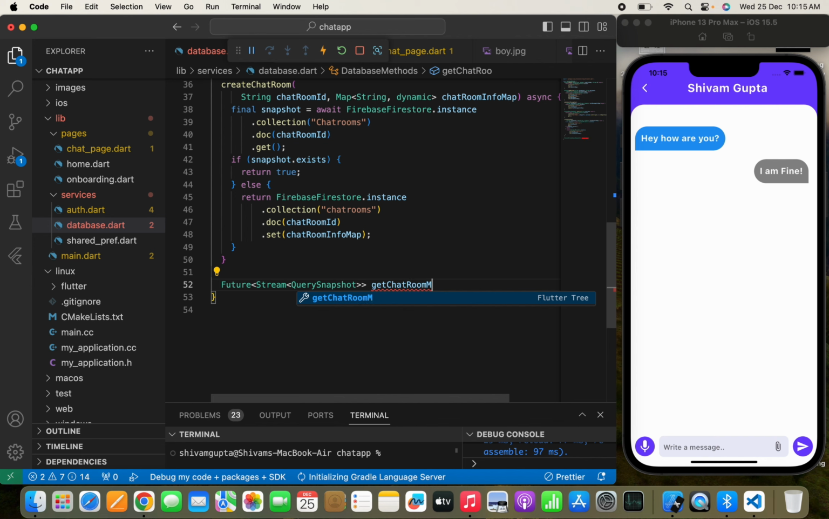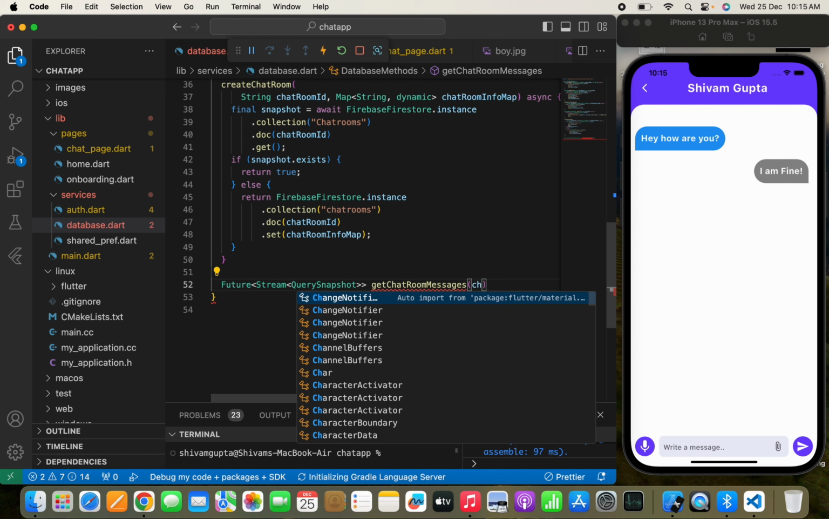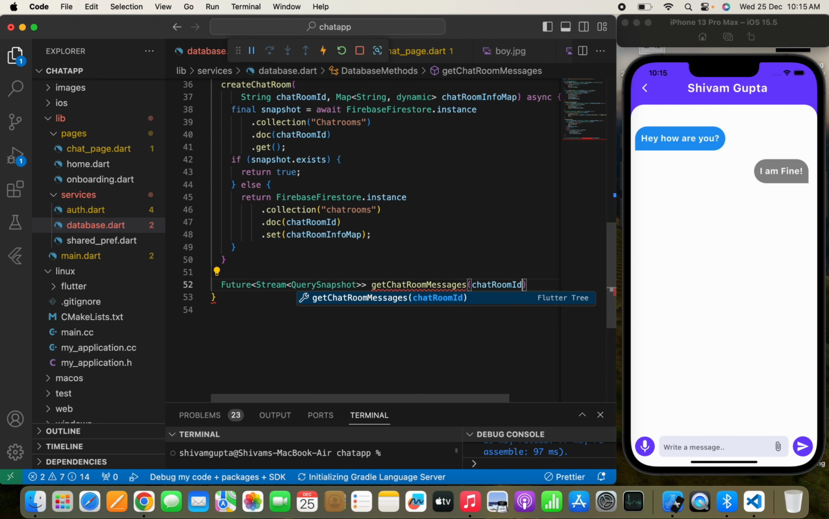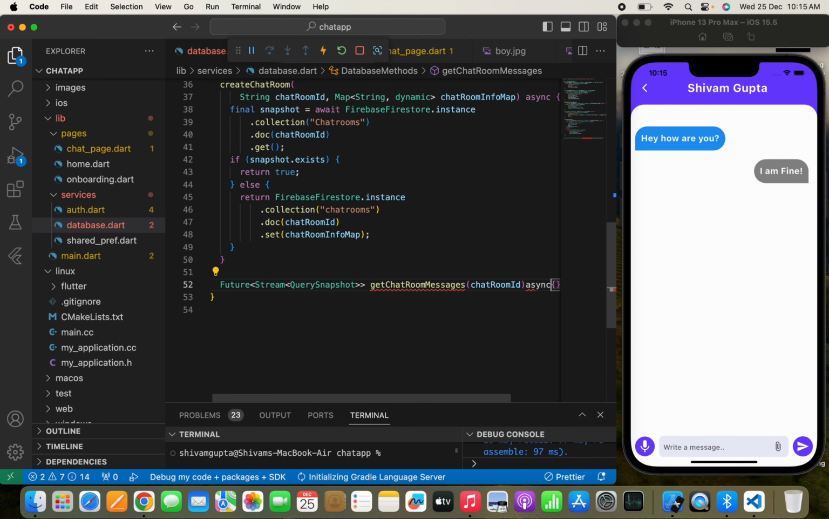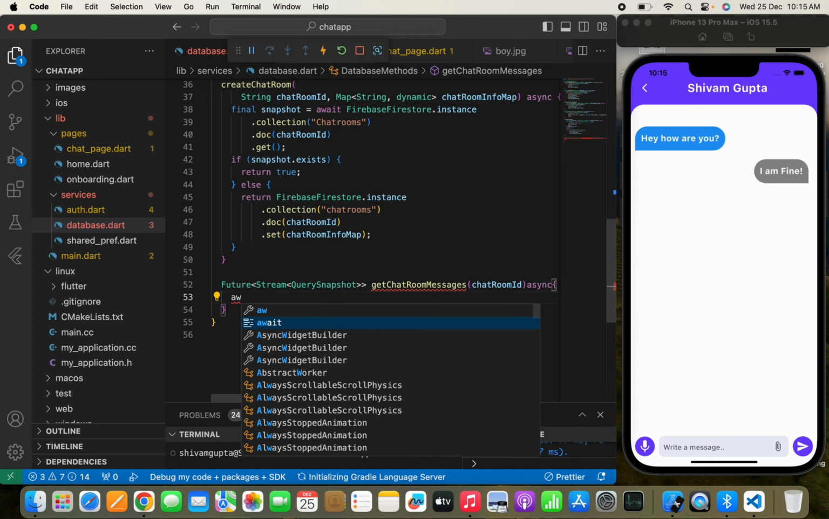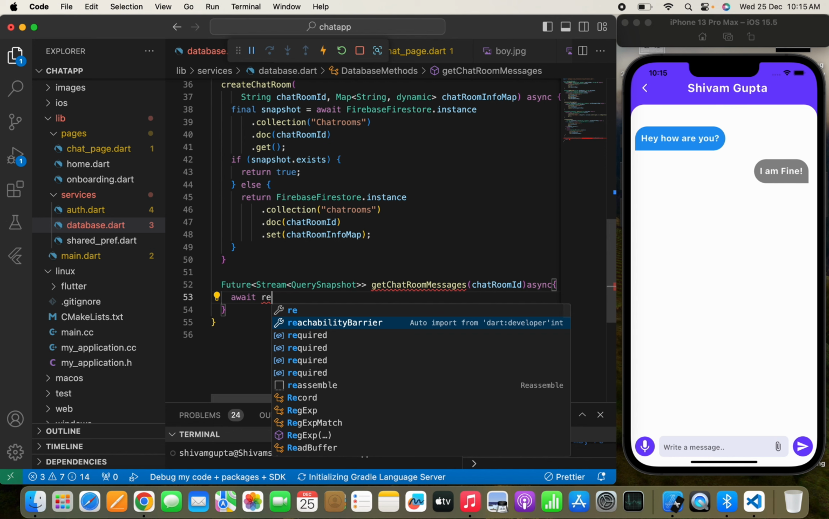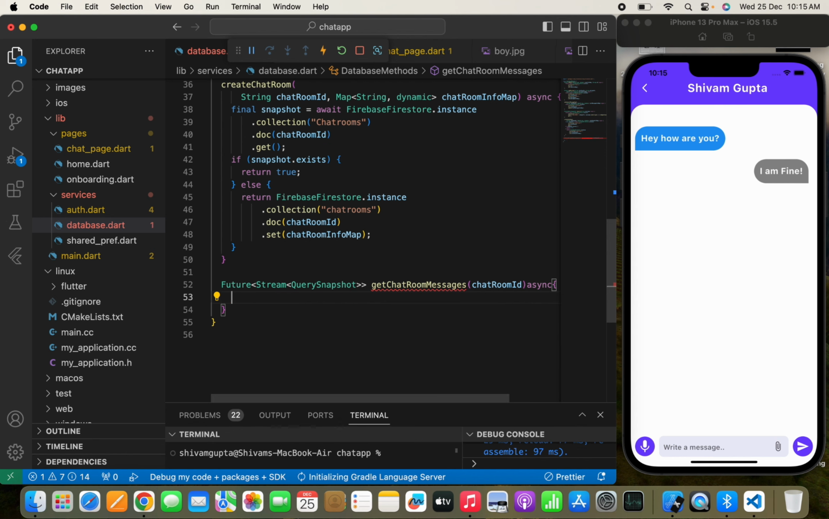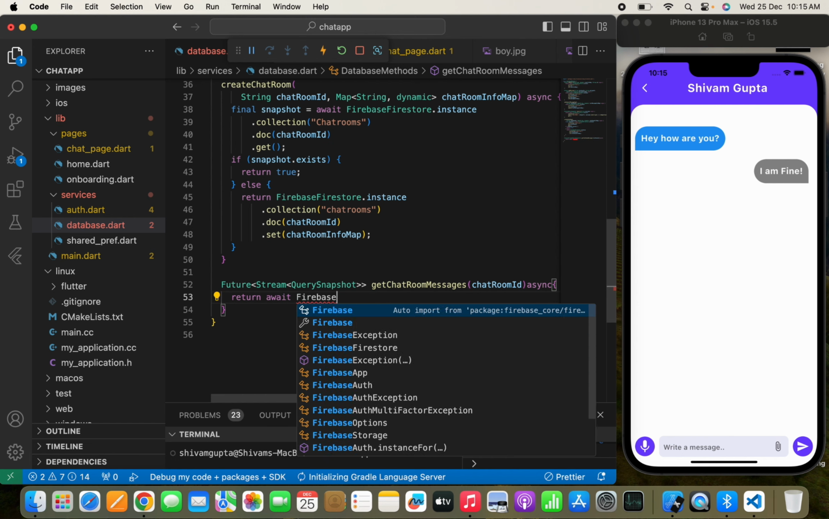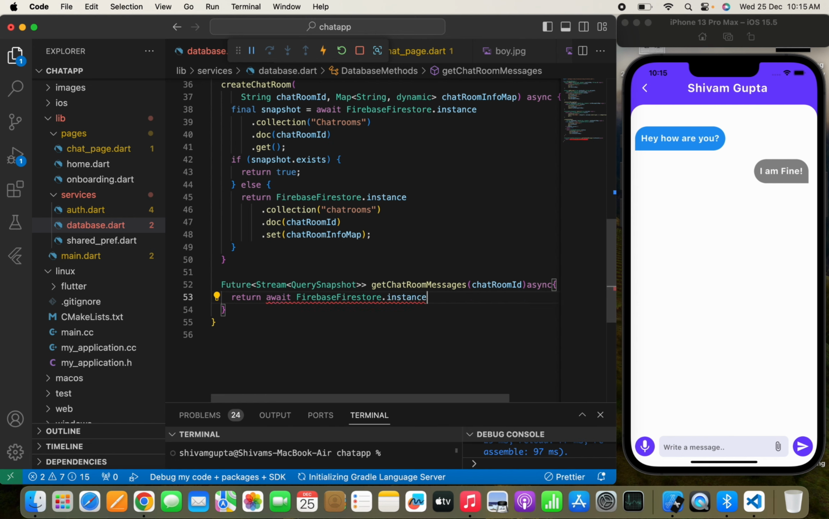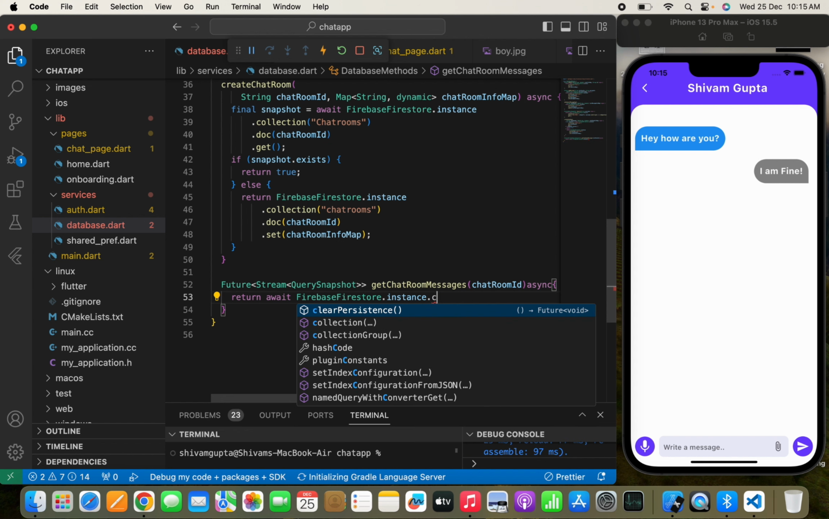messages, something like this. Now here I need to simply pass our chat room ID. So I will simply write chat room ID here, and now I need to pass async await, and here I will just pass first return, and here you can pass await FirebaseFirestore.instance.collection, and